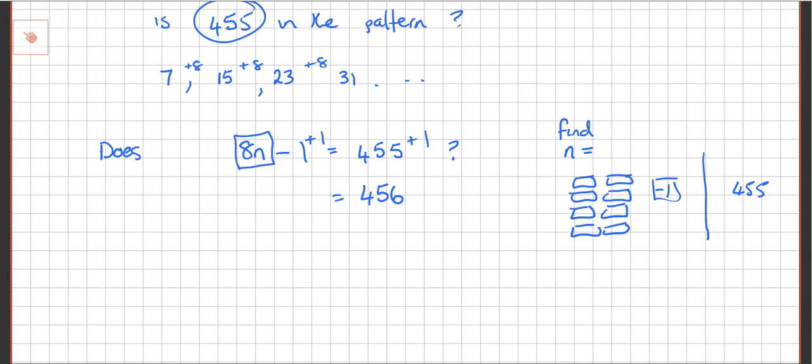So the box would be 456 subtract 1 equals 455. So if we add the 1 back on, we're left with just the 456 is the 8n, yeah? So n lots of 8 makes 456, and final step, Max, is to